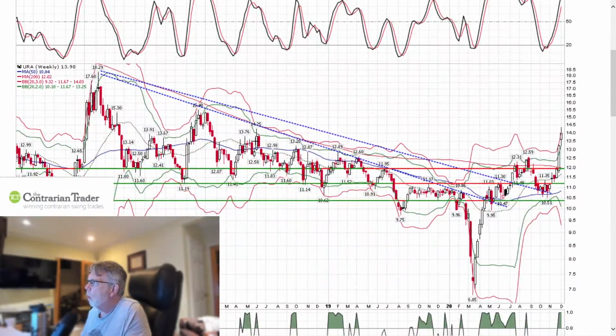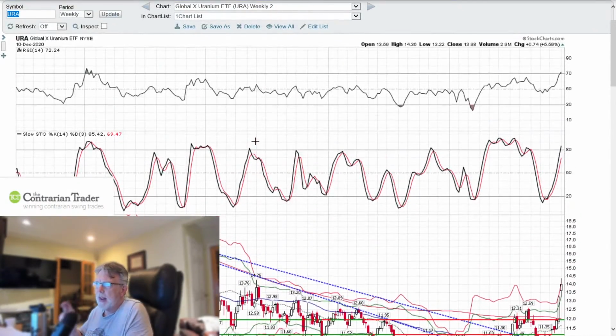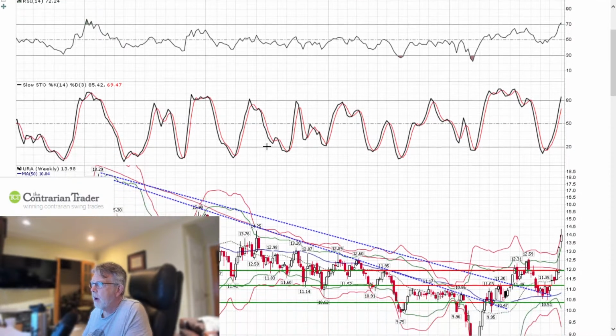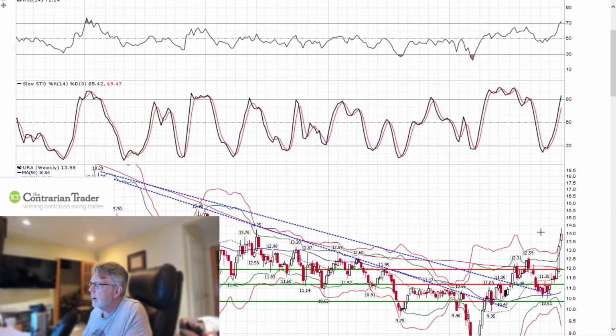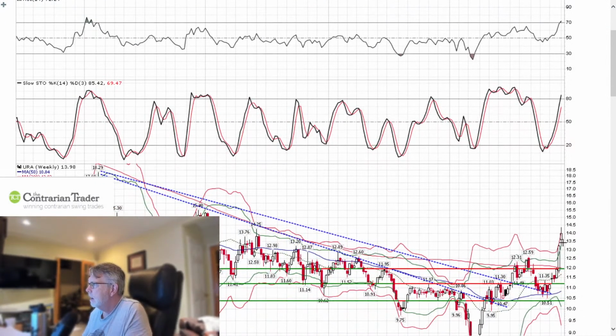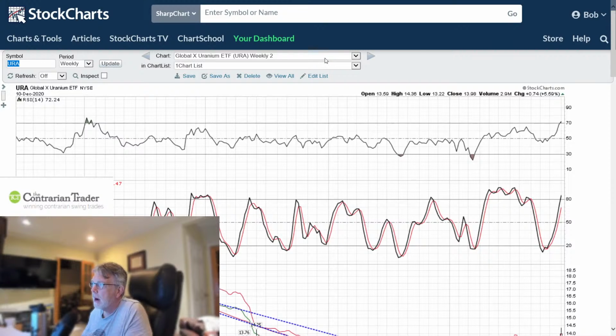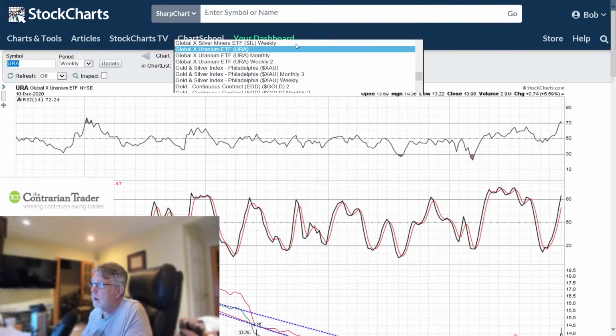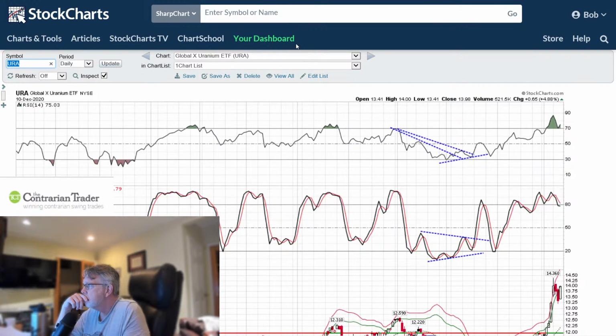Uranium. We remain long of uranium, but we booked profits on half of our position earlier in the week, right near the high. It was above $14 per share. It's still extended. I like it. I want to buy my position back. It did pull back. As a matter of fact, I think it rallied again today. Yeah, good day. Very strong.